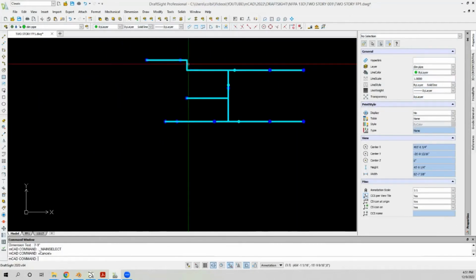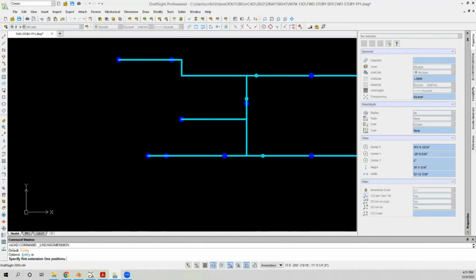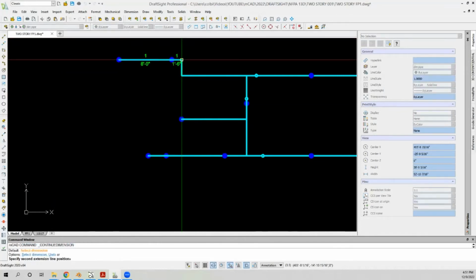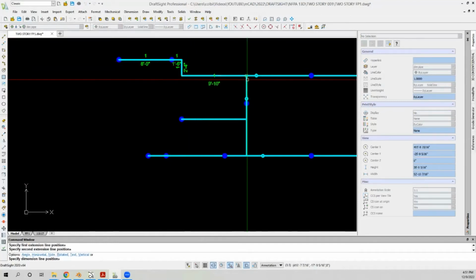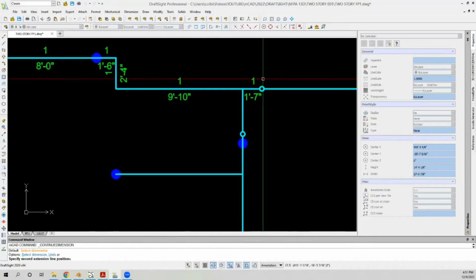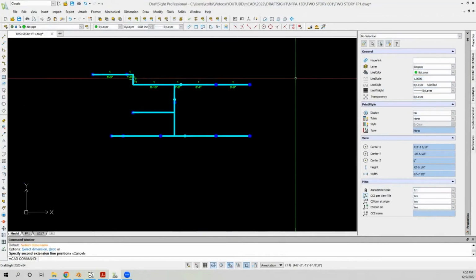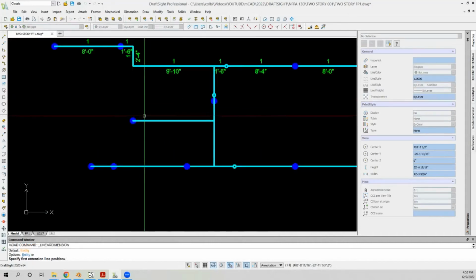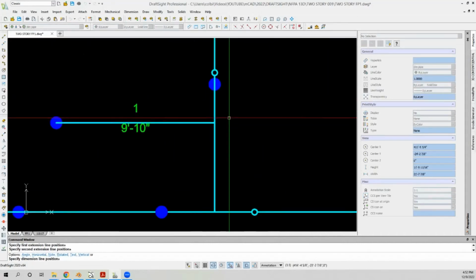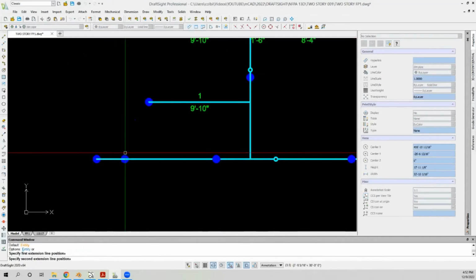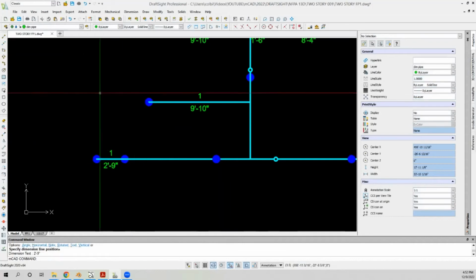Okay, now go to the top floor. Oh, I don't know. I wish I had some clever banter going here while I'm just kind of mindlessly doing some dimensioning. But